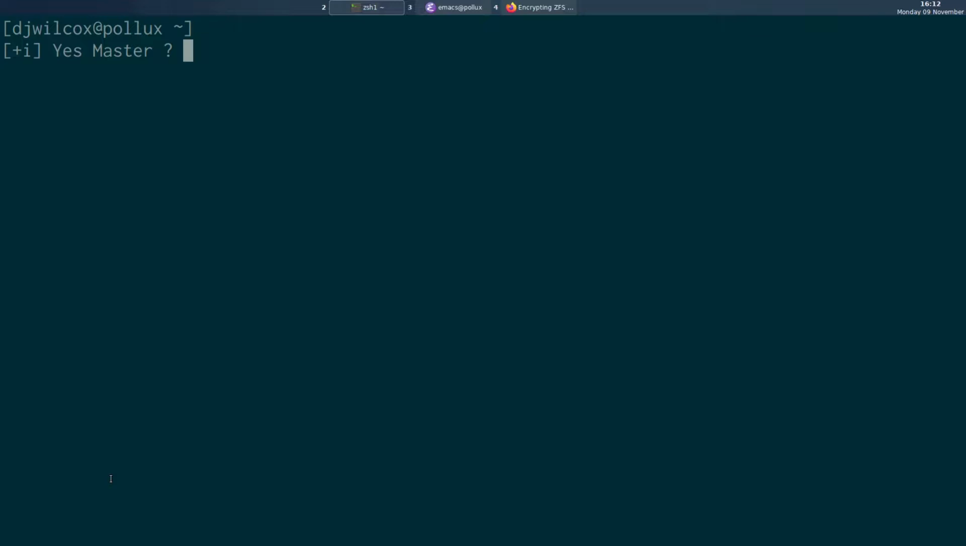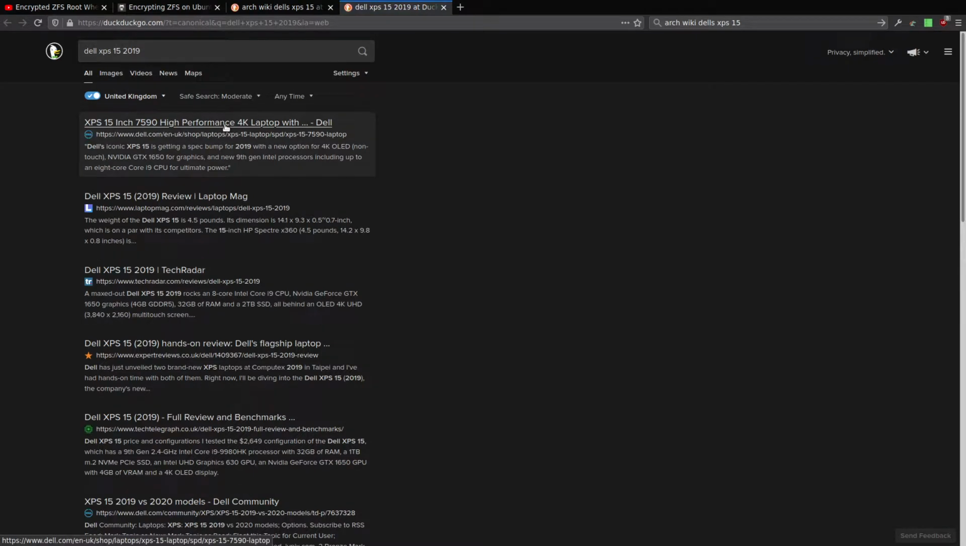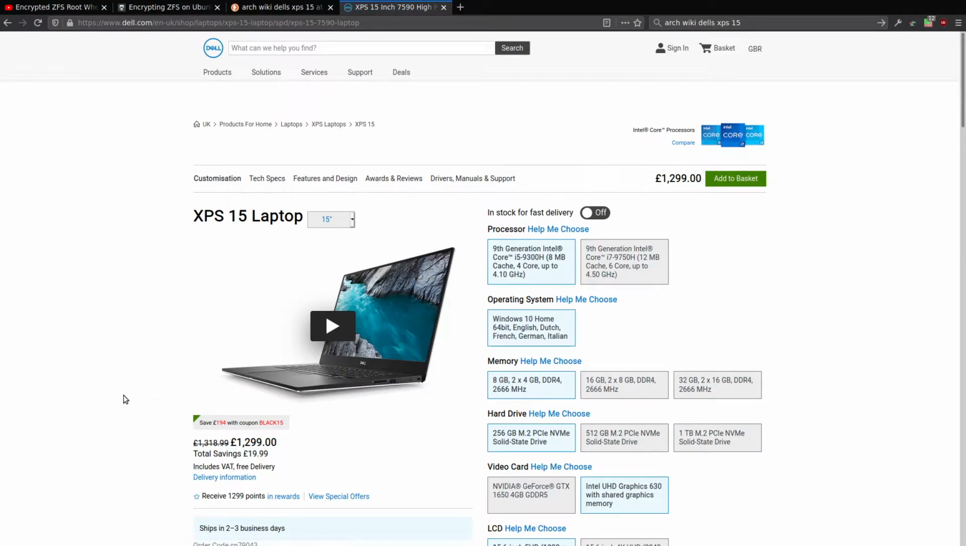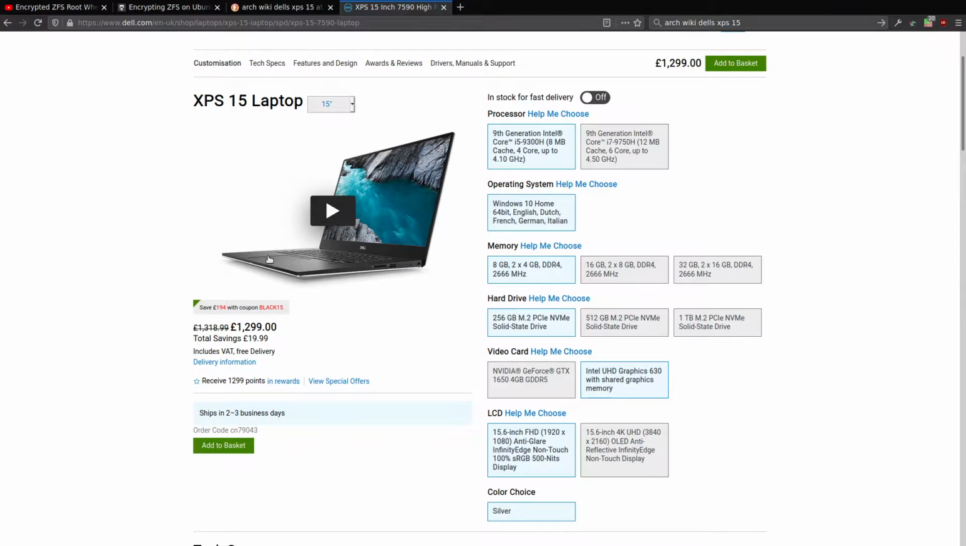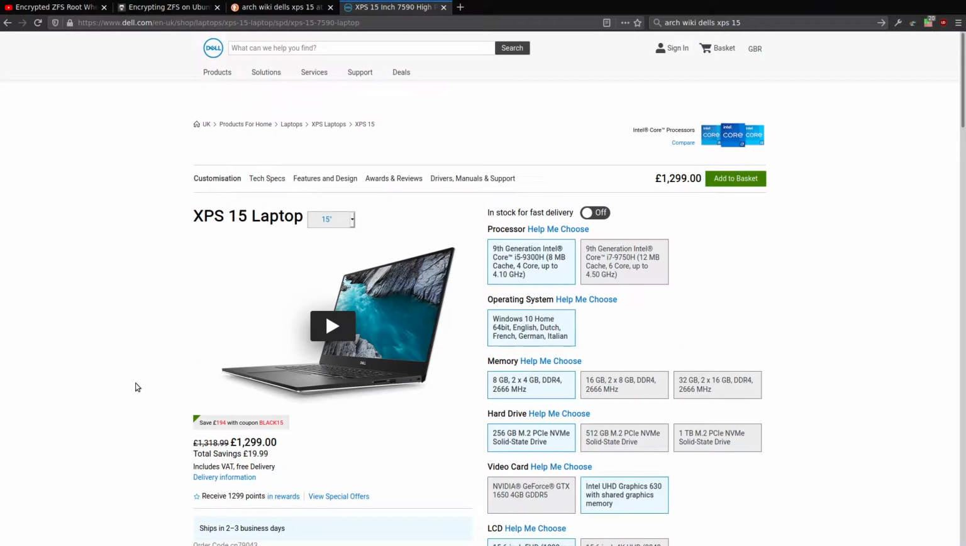everything's working really well. All the keyboard backlight works. All the ports are working. I'm using a 2019 model. So this is the Dell XPS15, last year's model, which comes with an